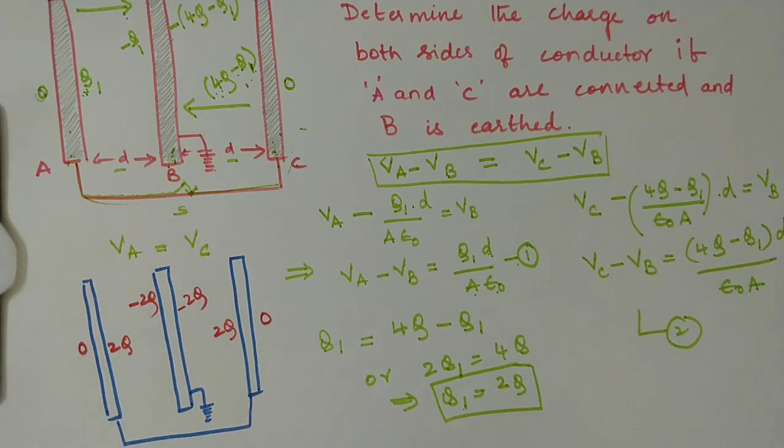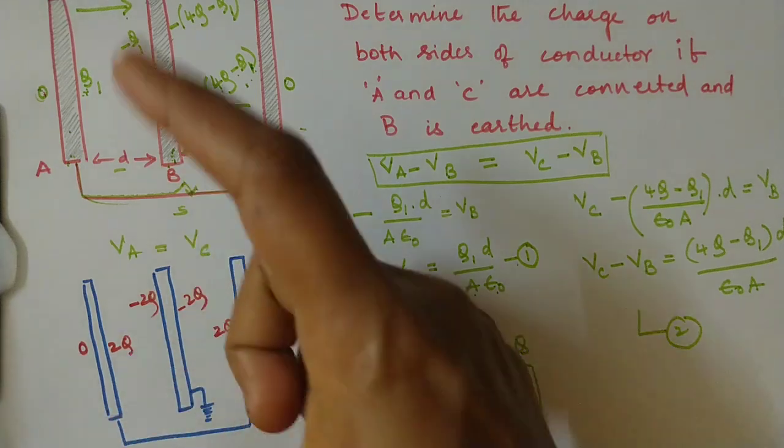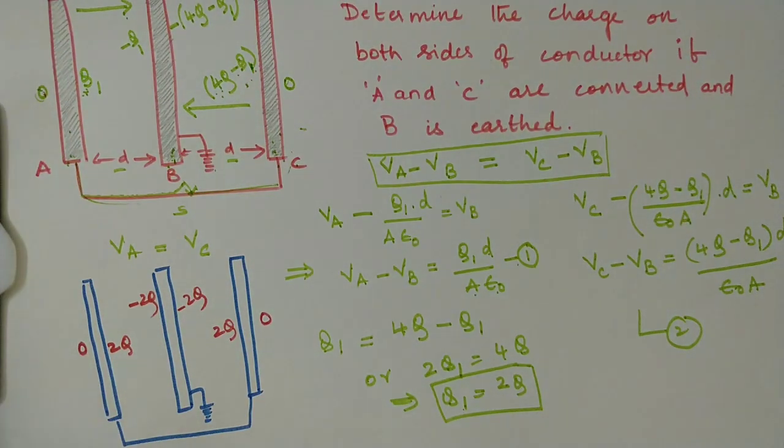So these are some of the questions related to charged conductors, parallel conductors. But remember, in all the questions, the size of the conductor should be infinitely large. That means the plates are very closely packed, size is extremely large. Then only we can consider the field to be a uniform field.